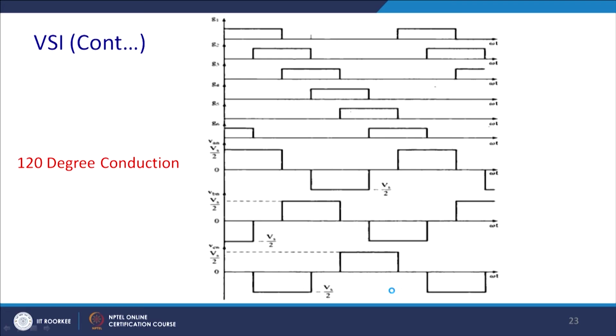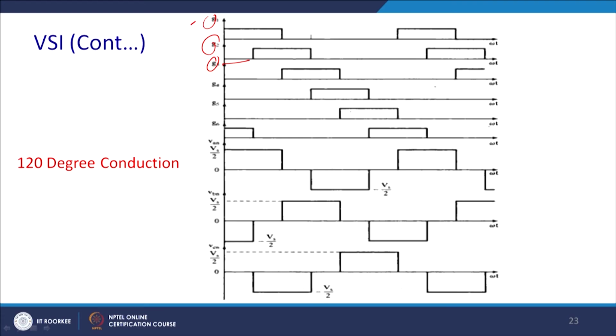Now, let us see the conduction for the 120° mode of conduction. This is G1, G2, G3, G4 and all the pulses, and the switches will conduct for the period of 120°, and all these pulses will have a 60° phase shift. G1 and G2 will have a 60° phase shift, and these are the gate pulses, and the corresponding switches will be